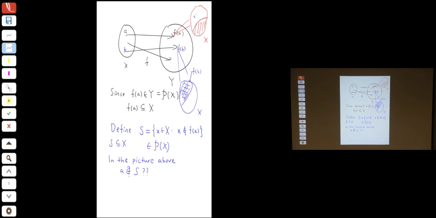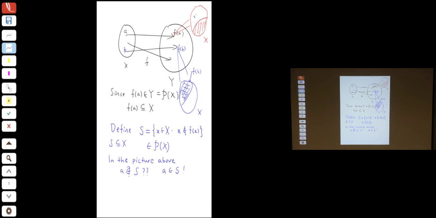But then A is actually qualified to be in my collection S, because I will just collect those guys which are not in the image of themselves. For example, this particular A is not inside f(A), and then S will very happily collect this A. Now, how about this B? I hope I draw a picture somehow. Is B